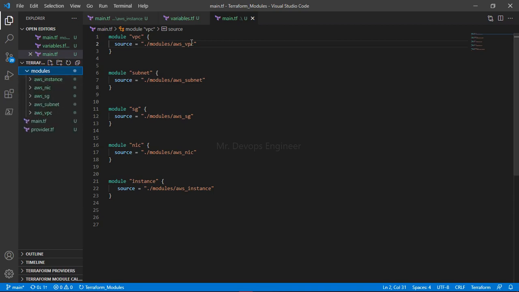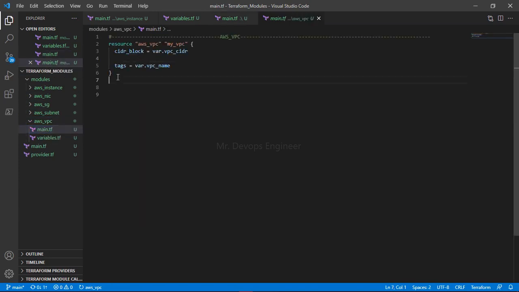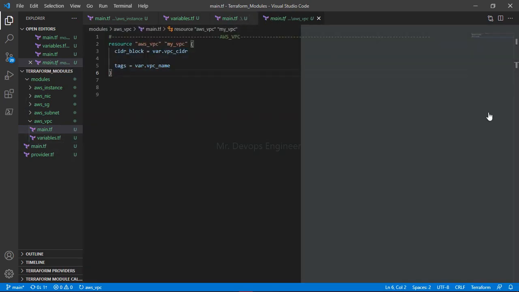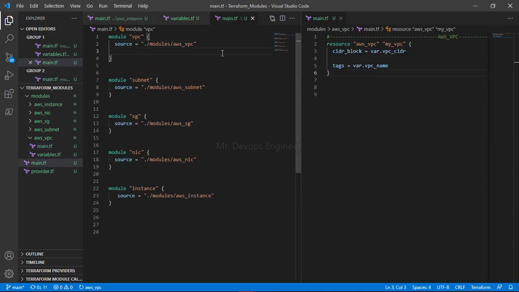So what we will do, this is the VPC module, right? Let's just go back to our AWS VPC, and this is our VPC. Here you can see these are the inputs. This is the file, AWS VPC main.tf, and this one is the front end main.tf, correct?